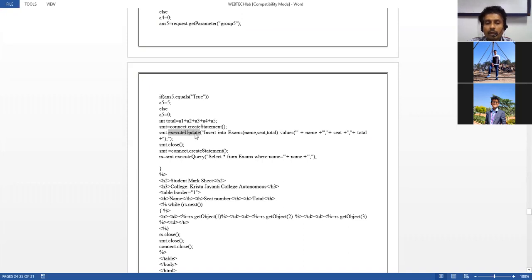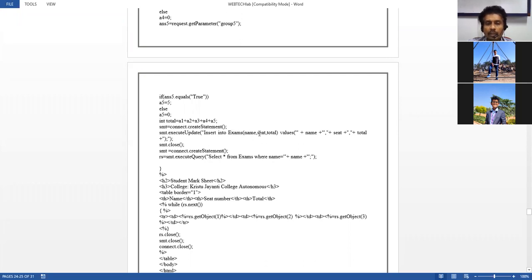Those kinds of things will be called updates. So there is an update which is happening on the table. That's why we are using the method called executeUpdate. Using this executeUpdate, we can go forward to update the information into the backend table. And here, as you see, we are going to use the SQL command, which is insert. So insert into, then we have to provide the table name. Exam is going to be the table name.